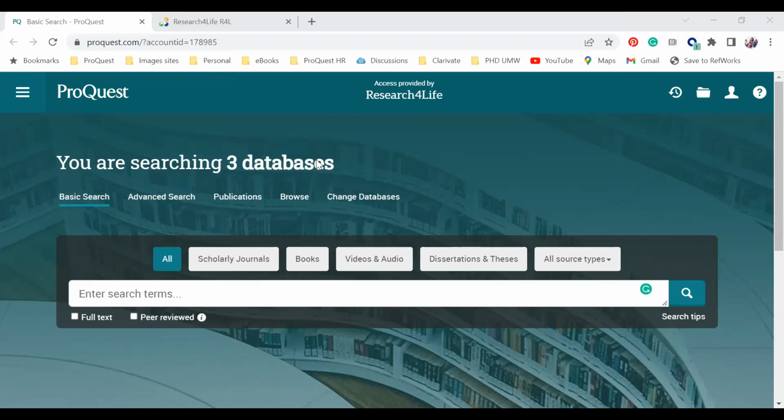I hope this will be clear to you. ResearchGate is free. You can create your account and check which authors have added their free full text. Many of them have not added the free full text. You have to request those authors, please share your full text research paper, and then they can share it. But that will be only for a few articles, not for organizational purposes. That will not fulfill those needs. For organizational research, ProQuest can be the most helping hand for all of you.